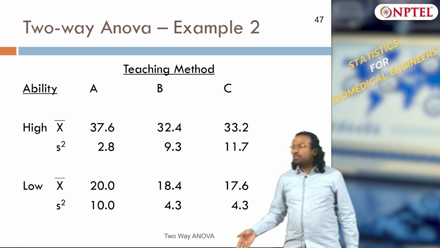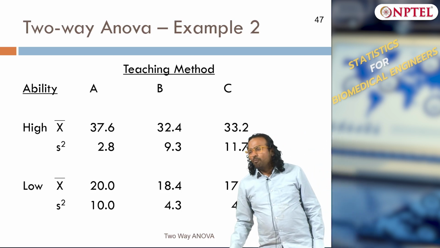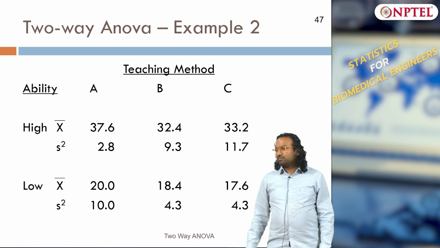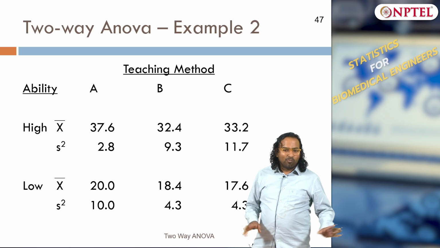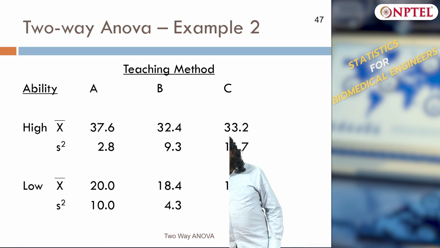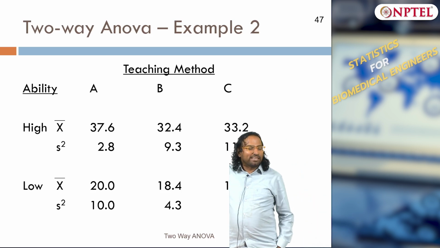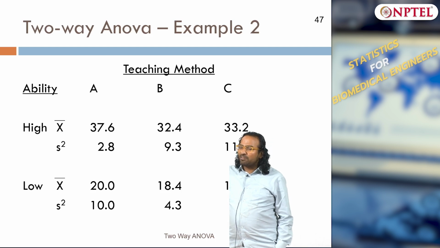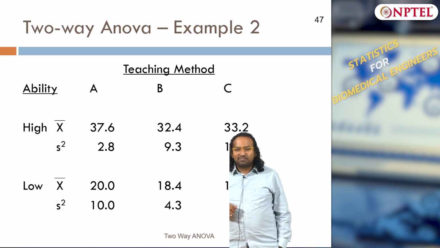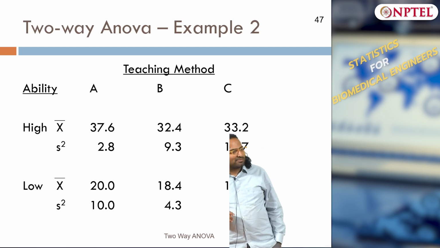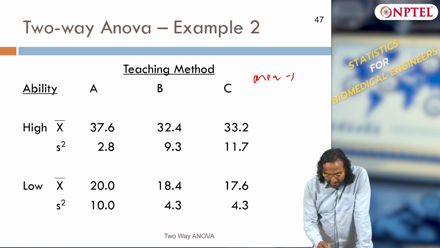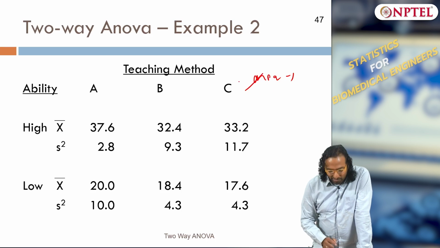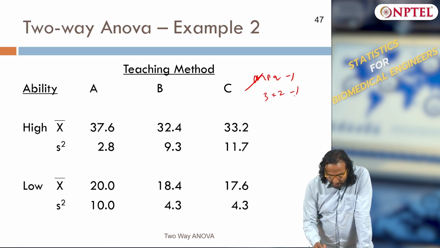And if I have this number of levels, how many experiments should I do? How many replications do I do? Suppose I take out M, what is the degrees of freedom for error? Make it M equals 1. What is the degrees of freedom in this example? The total degrees of freedom is M PQ minus 1. Make M to be 1. What do I have? 3 into 2 minus 1, 5 degrees of freedom for total.